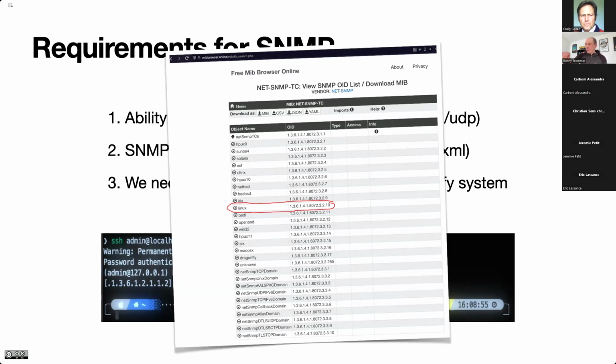For OpenNMS, that system object ID is really important because it basically defines what metrics we can collect from a certain agent. So it's a key component in the whole SNMP data collection. If that is missing, that is a problem for OpenNMS, because it doesn't know what metrics we can collect. So the system object ID is an important piece.